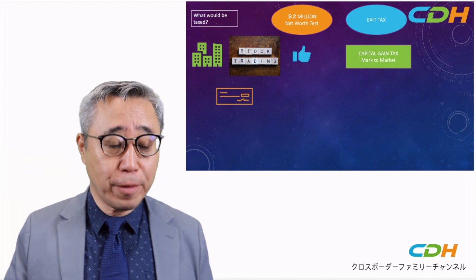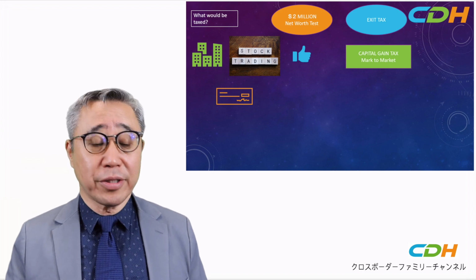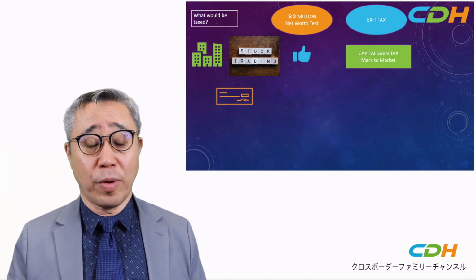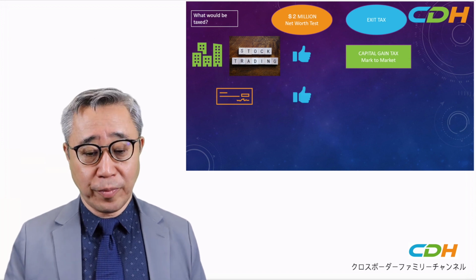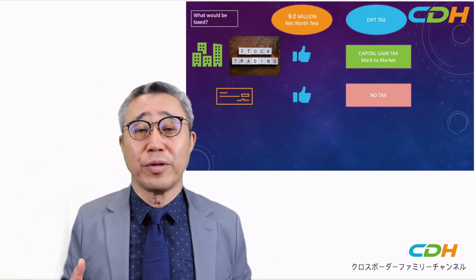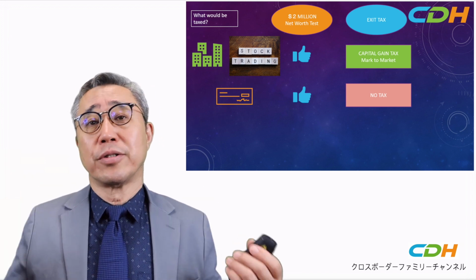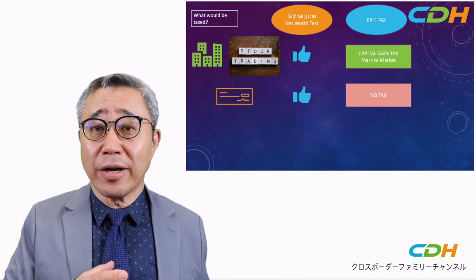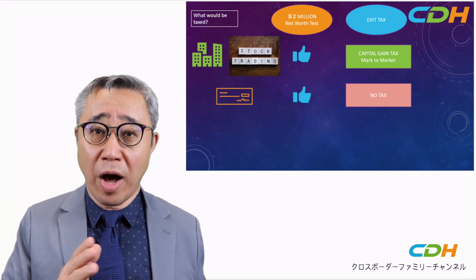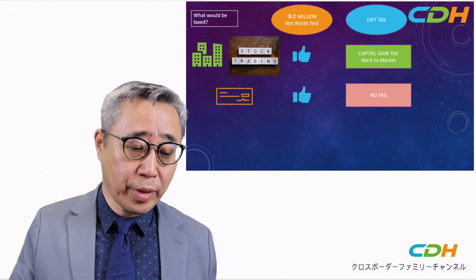If you have cash, and I say U.S. cash, does it get included in the $2 million net worth test? Yes. But exit tax is no tax, because supposedly cash is cash. You pay tax and you get the cash. So unless it's a foreign currency and it has some foreign currency gain and loss, U.S. cash is U.S. cash. Okay.